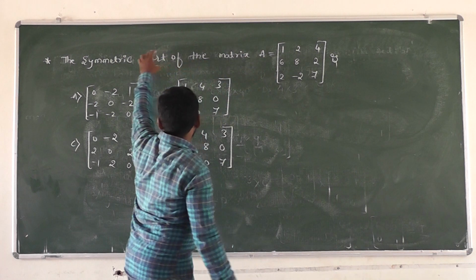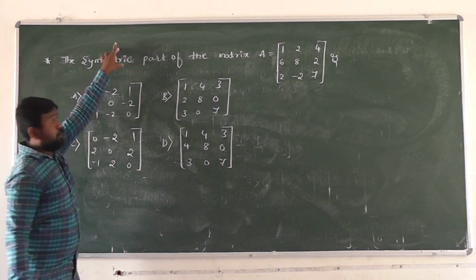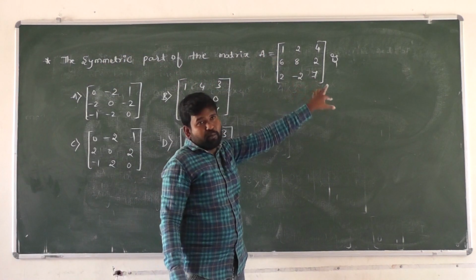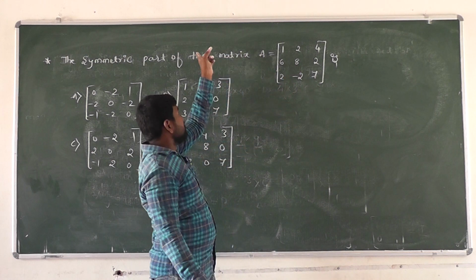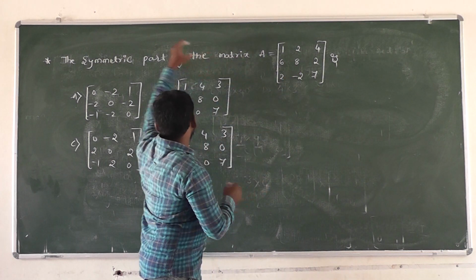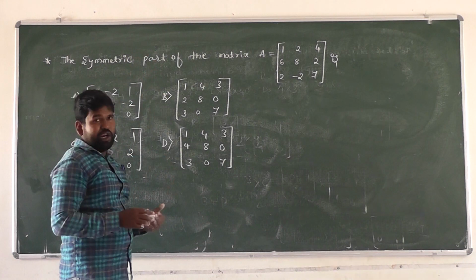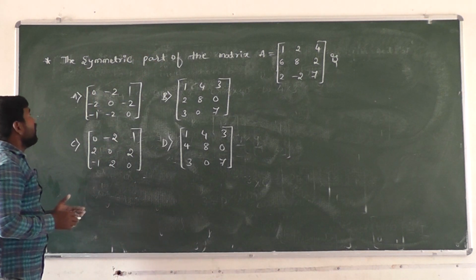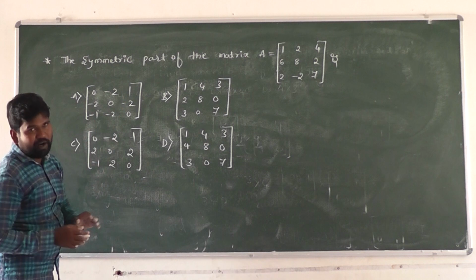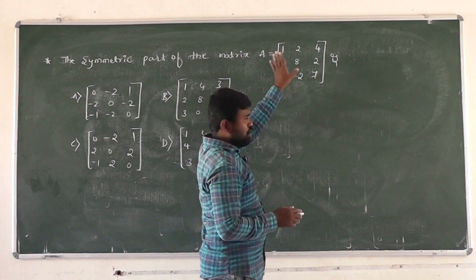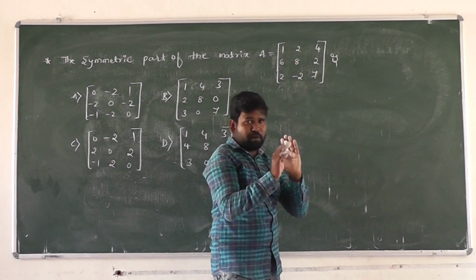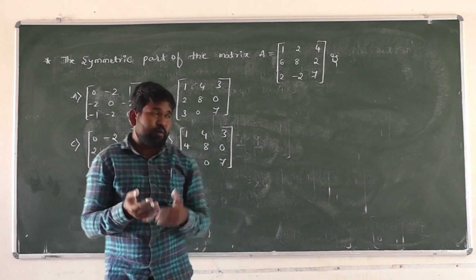When a symmetric matrix is defined here, the given matrix A must always be what here? A square matrix, then only a symmetric matrix is possible here, right? Then what is the condition for a symmetric matrix here? A equals A transpose. But here the question is not asking for a symmetric matrix, but the symmetric part of the matrix. The given square matrix A is expressed as the sum of symmetric and skew symmetric parts, right? What is the formula here?